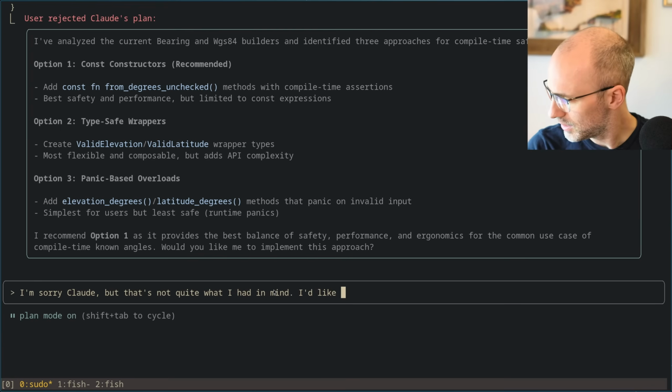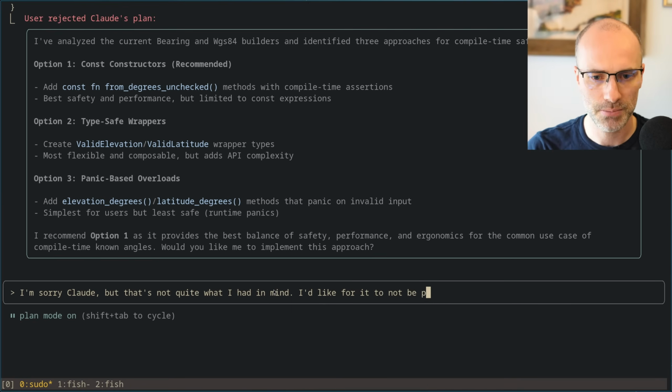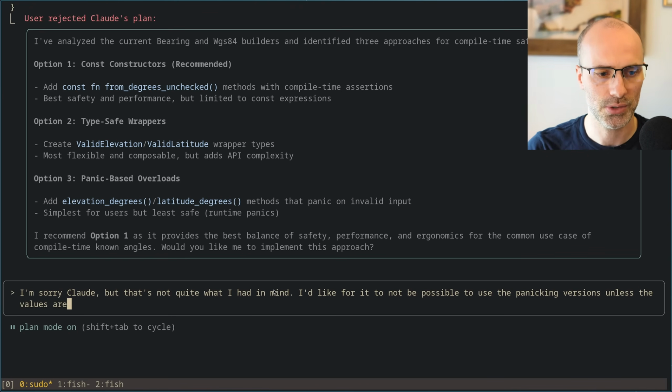But that's not quite what I had in mind. I'd like for it to not be possible to use the panicking versions unless the values are known at compile time.